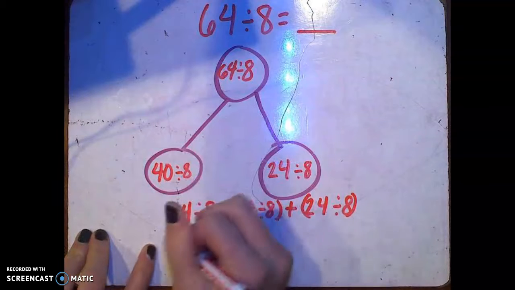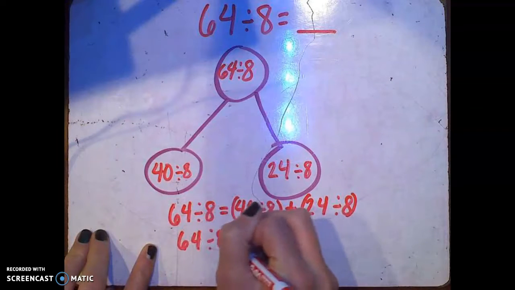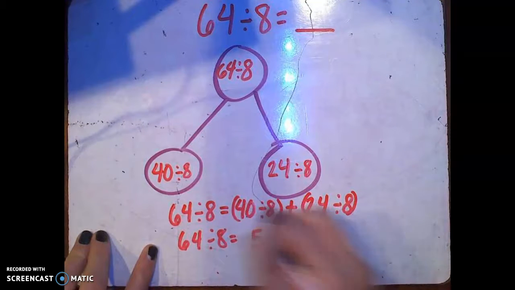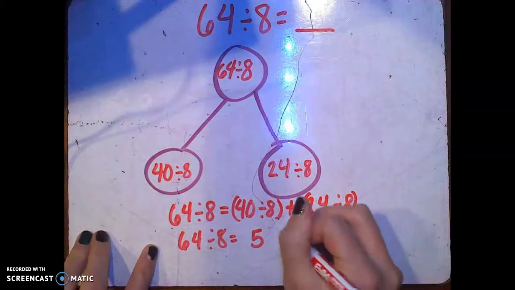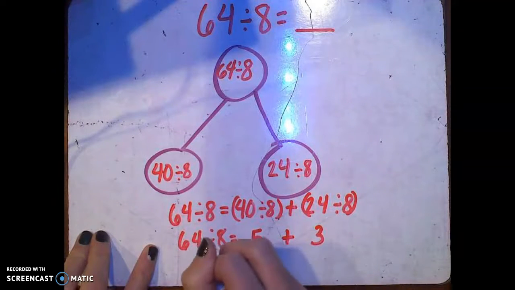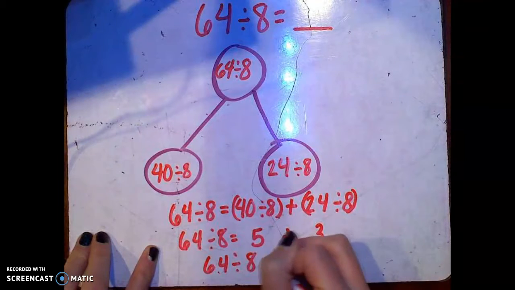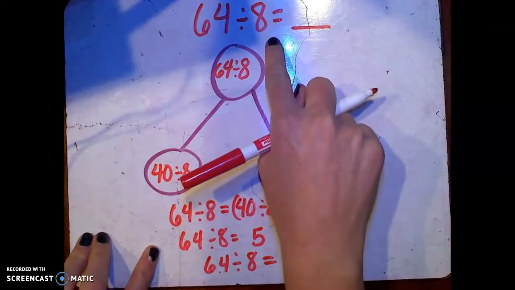So I'm going to keep 64 divided by 8 over here. But I know that 40 divided by 8 is 5. And I know that 24 divided by 8 is 3. 5 plus 3. So that tells me that 64 divided by 8 equals 8. So I can come back up here. 64 divided by 8